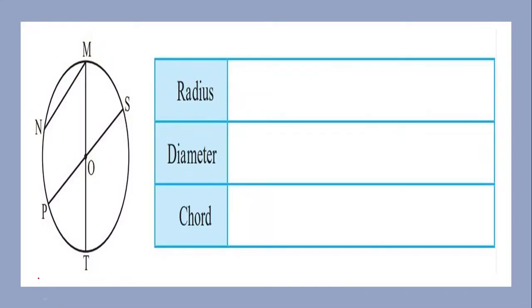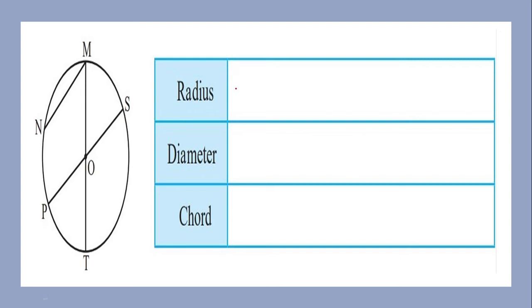Now, after learning everything about the radius, diameter and chord, we have been provided with a figure. Now, what we have to do is, by using this figure, we have to fill up the table. Now, children, look at the figure and you have to tell out of that who is radius, diameter and chord. There can be many radius, many diameter and many chord. So, firstly, let's start with the radius. A radius should start with the center and it should end at the point on the circle.